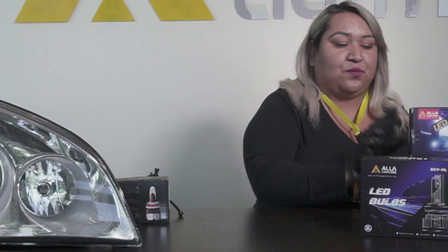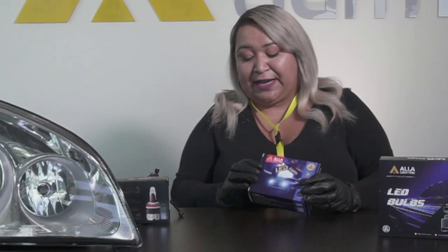So again, that's NCP. Our next model is AG1. AG1 is our next model. Don't get discouraged or kind of scared of the packaging difference. That's just the packaging. That's what our designers decided would be best for this model. So we're going to go ahead and take a look at this right away. I'm going to go ahead and open it up